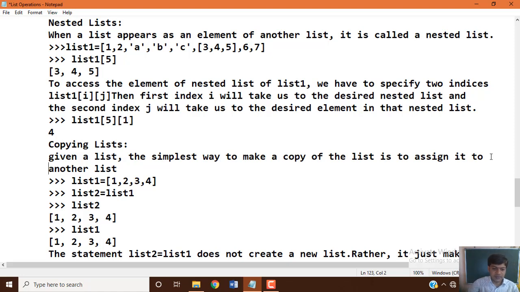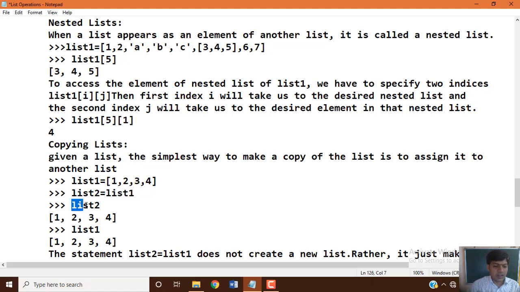So let's take an example. Copying one list to another list. List 1 equal to the integer numbers 1, 2, 3, 4, and list 2 equal to list 1, which means whatever data items or values are available in the list 1 variable will be assigned to the list 2 variable.